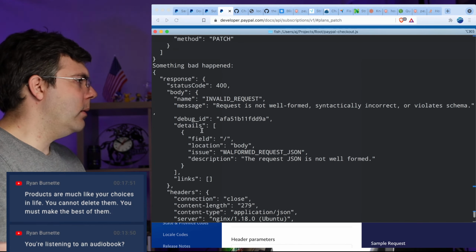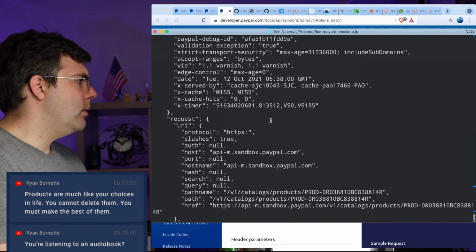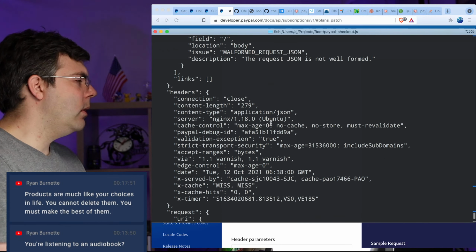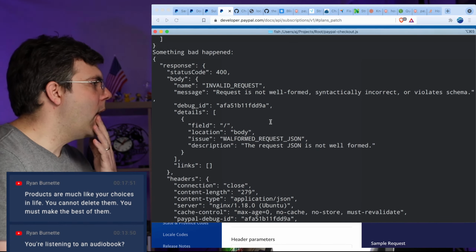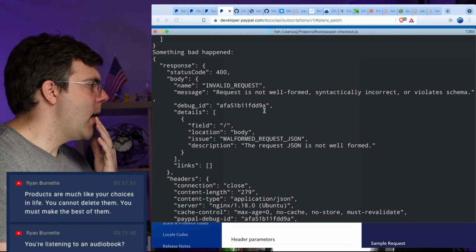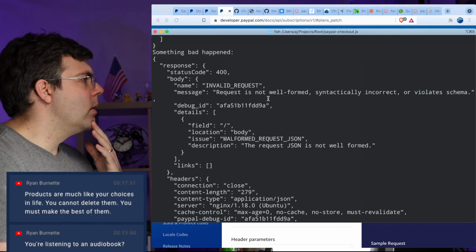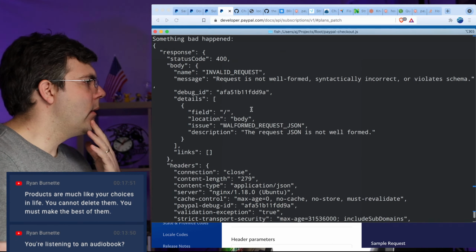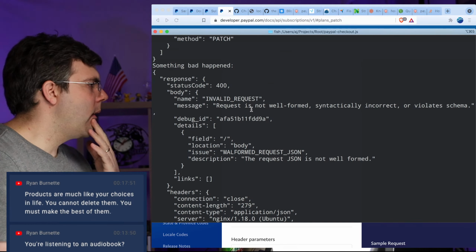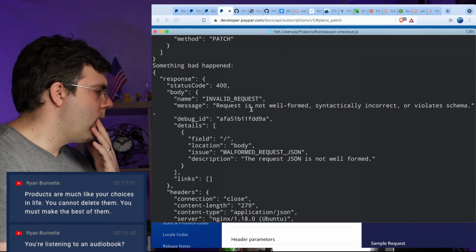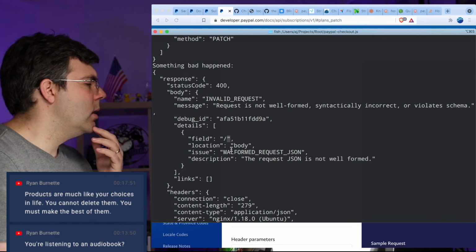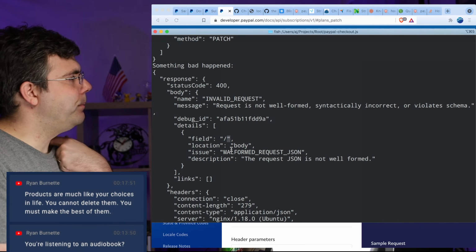All right, product 0. Let's see, it says JSON is not malformed, but normally it would tell me why. Huh. Field / location body.